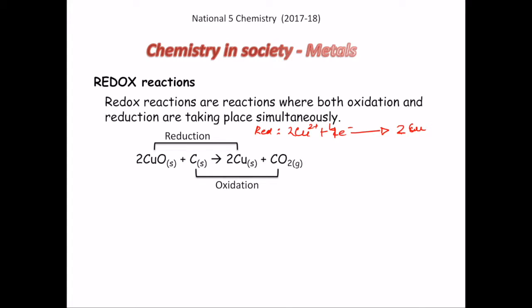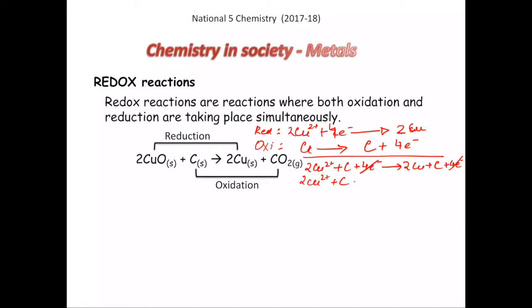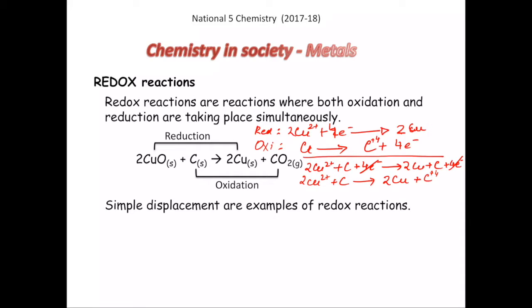And the next bit is the oxidation half, where carbon combines with oxygen giving you carbon dioxide. So oxidation half would be carbon, and if you combine these two reactions, the ionic equation would be Cu2 plus carbon plus 4 electrons giving you 2 copper plus carbon plus 4 electrons, which cancel out each other. So the resulting equation will be 2Cu2 plus giving you 2Cu plus